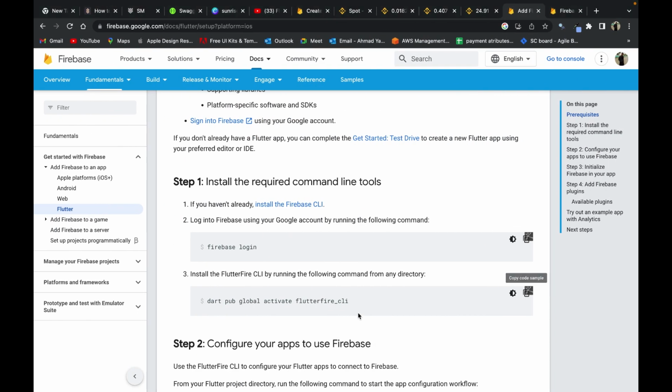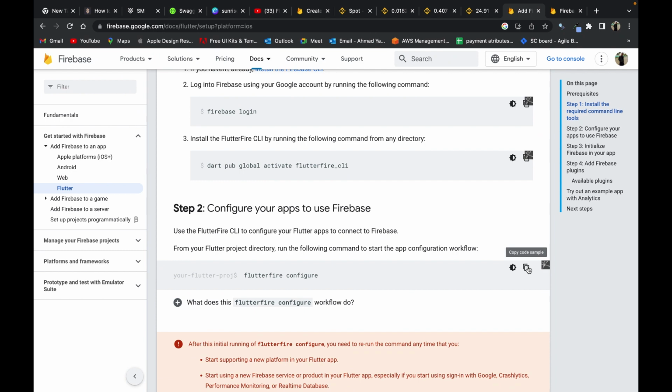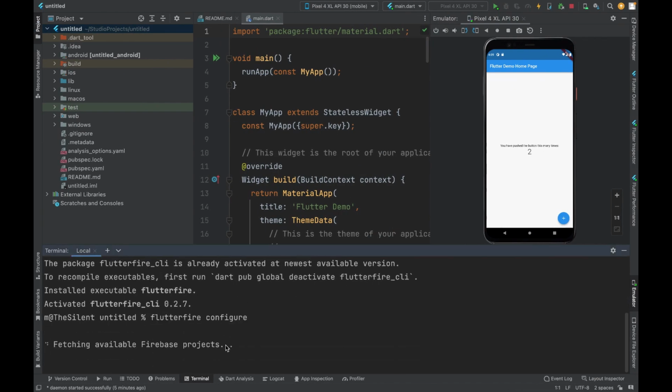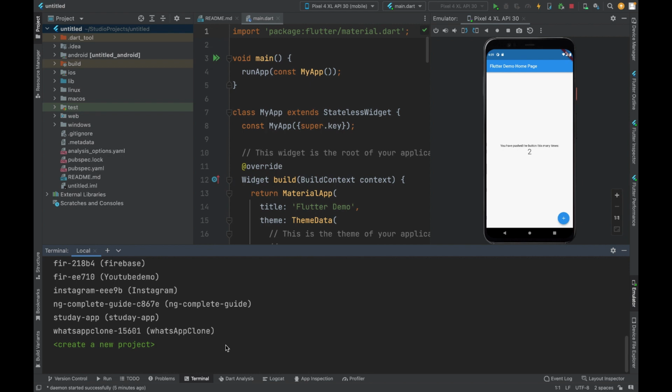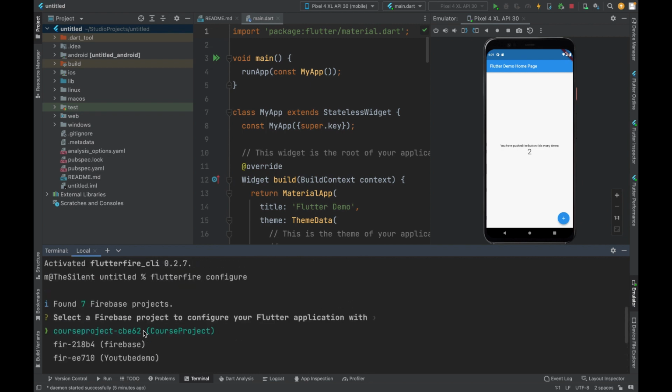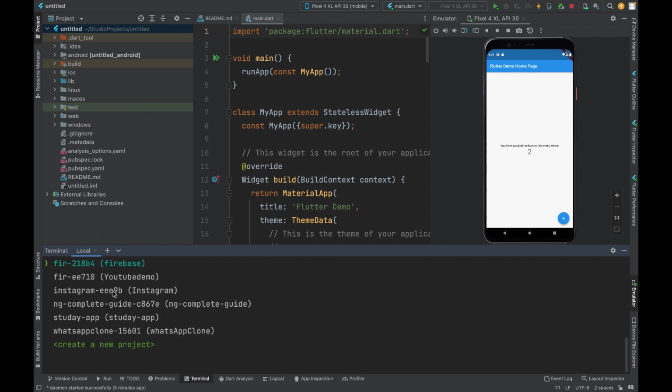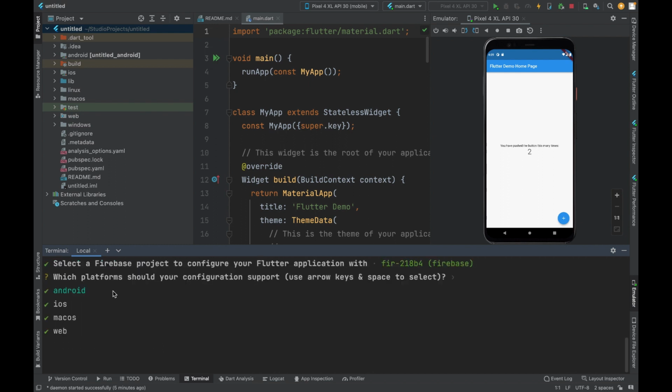After that, we have to choose which project of the Firebase we are going to connect with this application. So now it will fetch all the available Firebase projects from our account and it will show it here. So I have created Firebase, I think. Yes, so this is the second one. It is Firebase. I will select this project, and here it will show for which platform you are going to